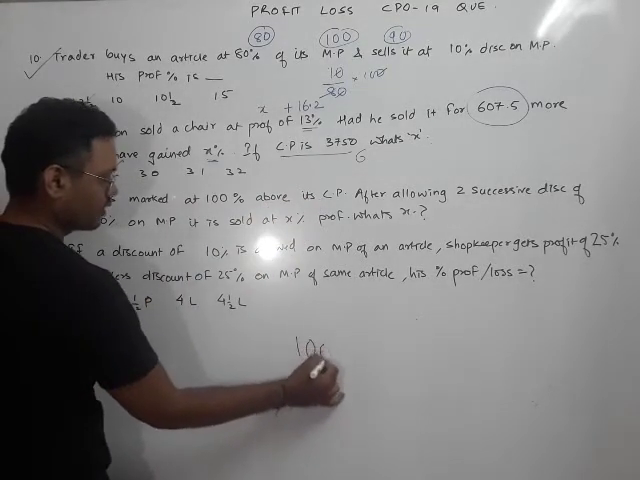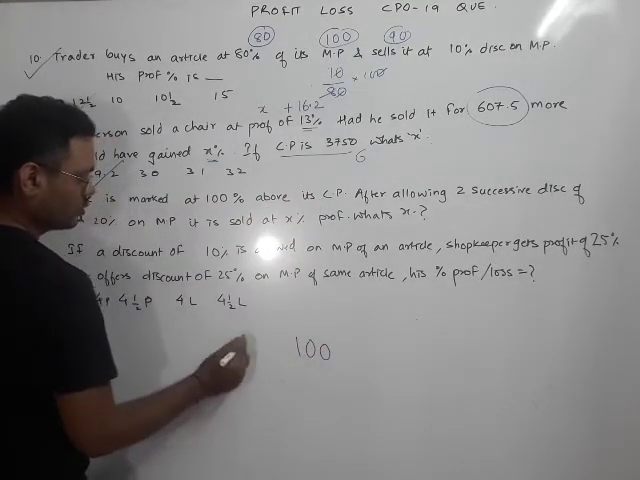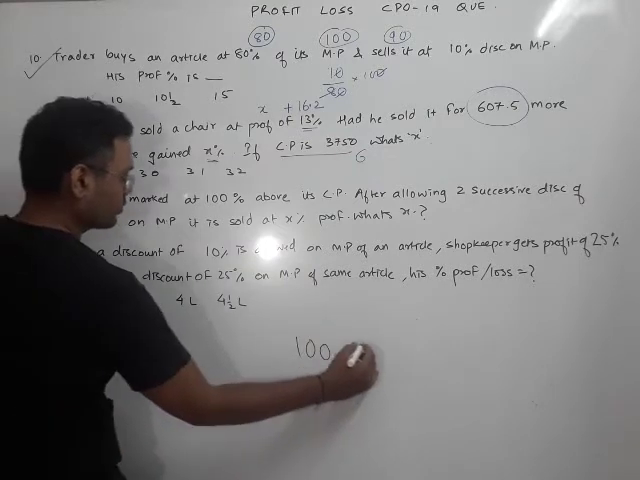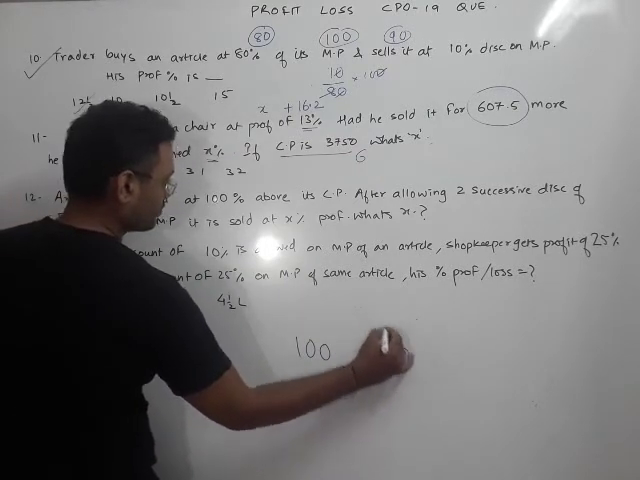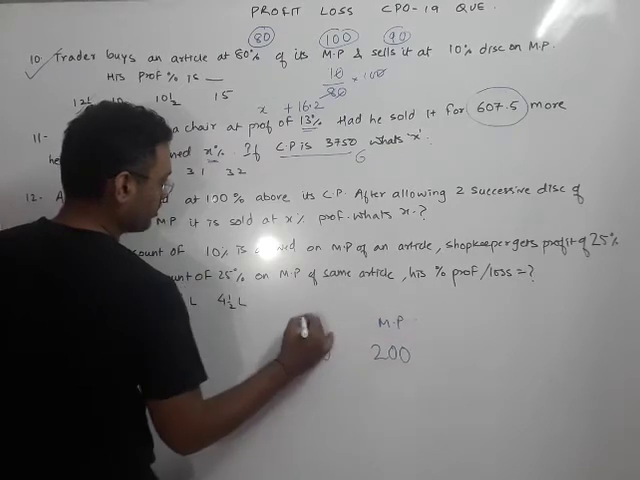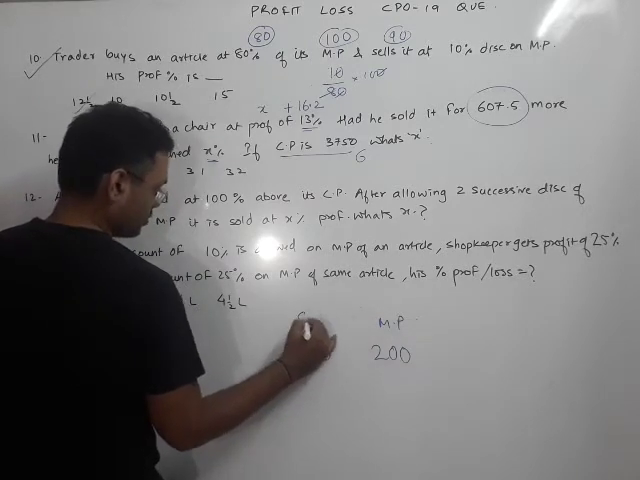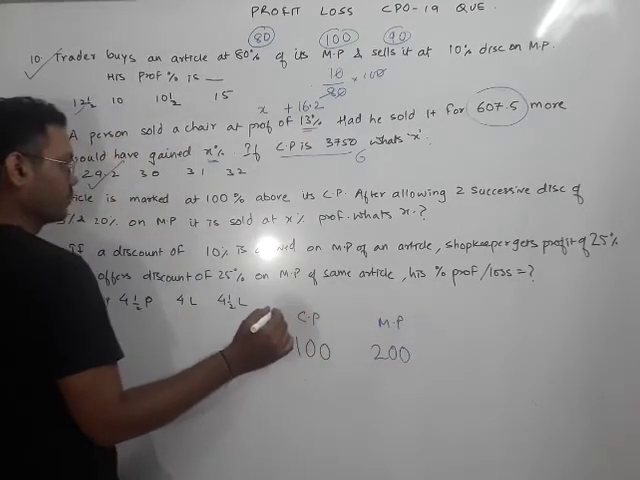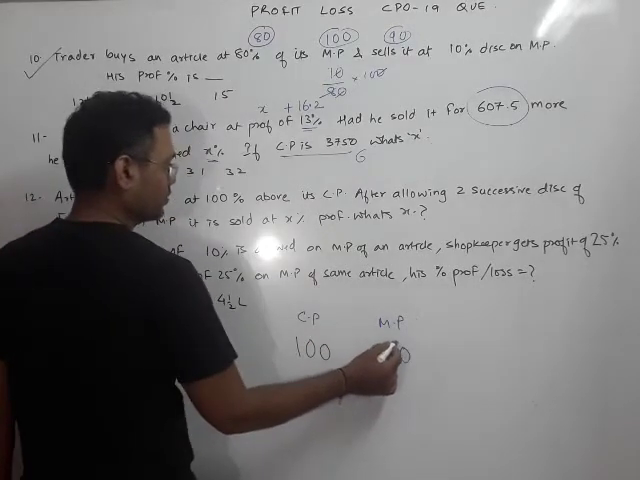Cost price I am taking 100. So the mark price becomes how much? 100% more means it becomes 200. This is the label, and this is the cost of it. Now on this mark price, it is saying